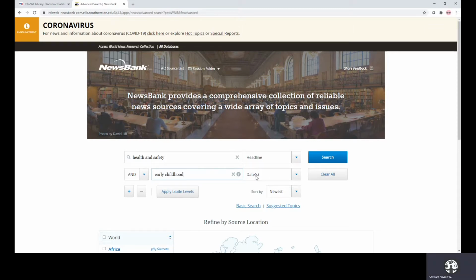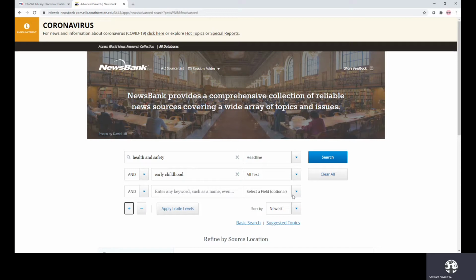So I know this is not a date. So if I select my down arrow, where do I want that to appear? It can appear anywhere in my article. I know that there's a date limitation, so I'm selecting the plus sign, going directly to select a field and